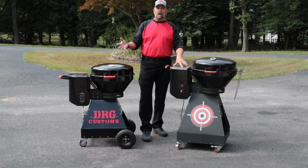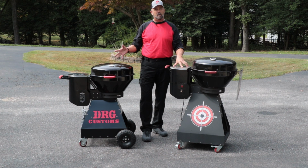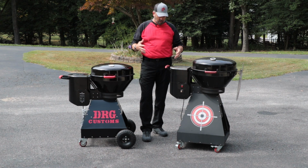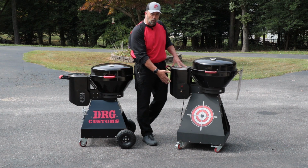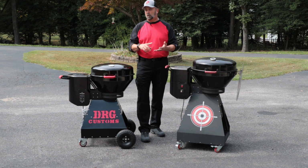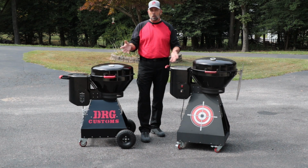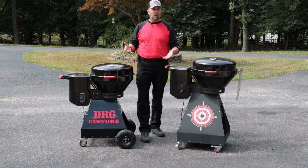Well, since then, I started building these competition carts and everybody was loving them, and a lot of people were buying them with the forecaster wheels, which is what's on the original one, and it was for people that had their grills on their deck or on concrete or asphalt, and you were basically just pulling it around. You didn't have that need to pull it across the yard in competitions or anything like that